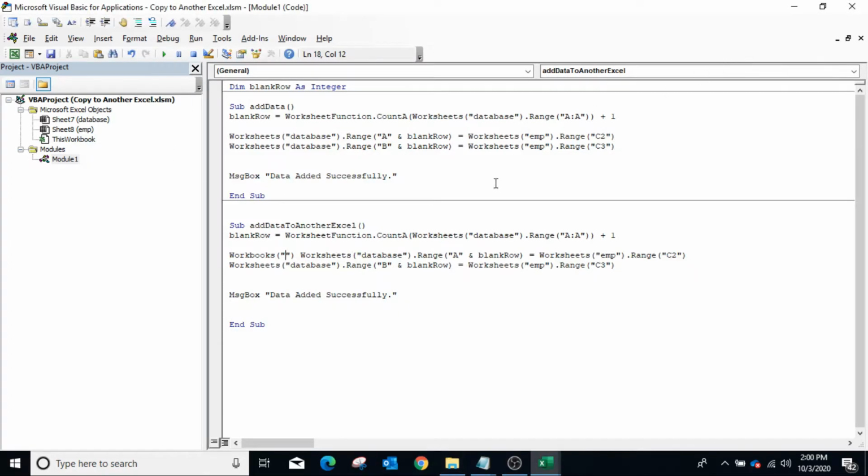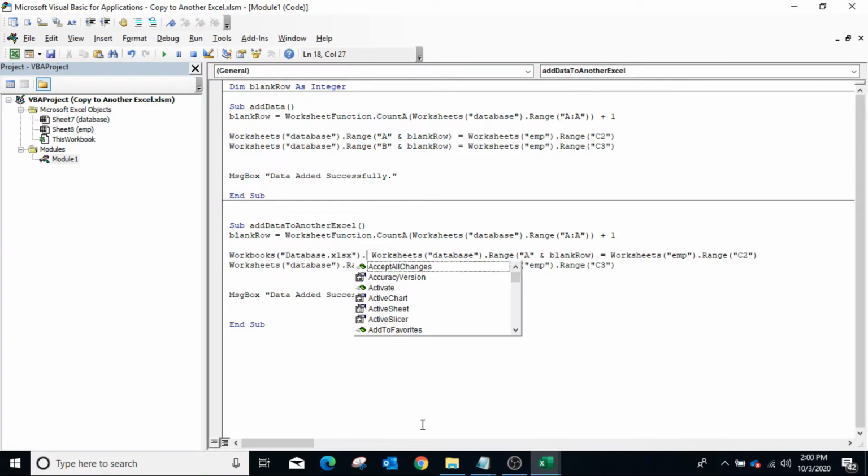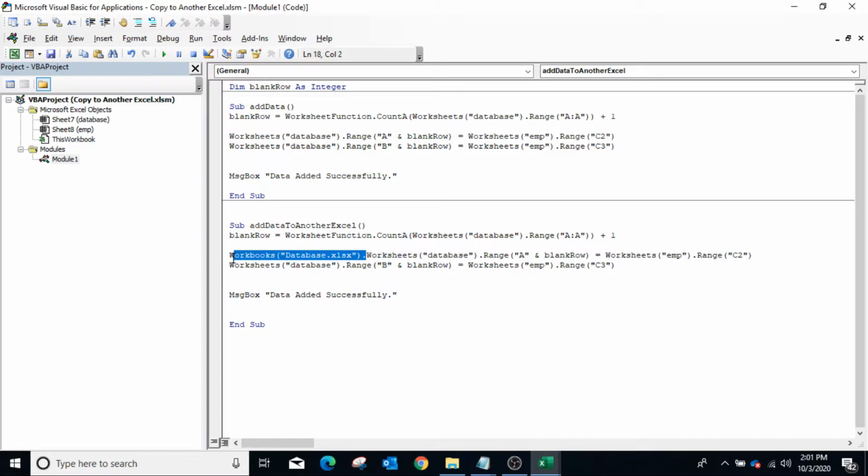So I'm copying the name and then database.xlsx dot worksheets database.range. Similarly, we will copy the same reference of the workbook in second line.